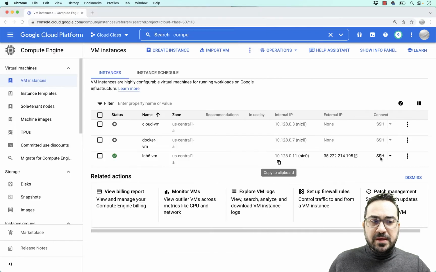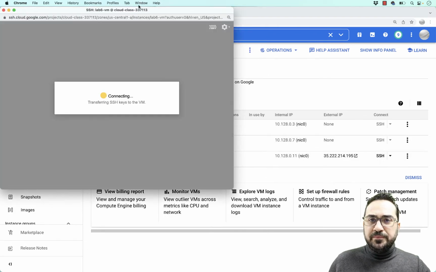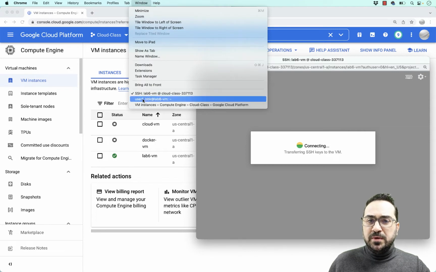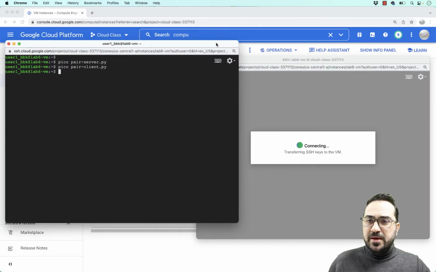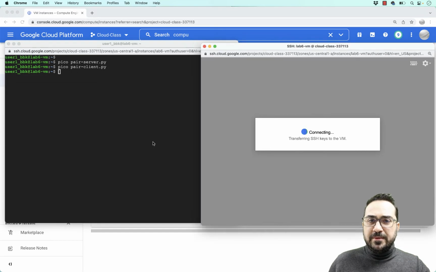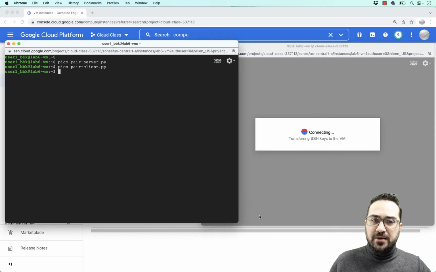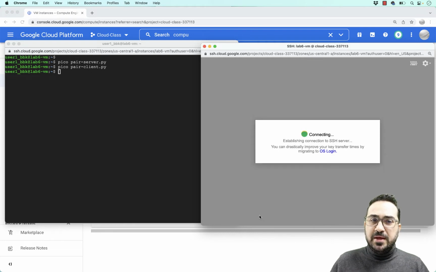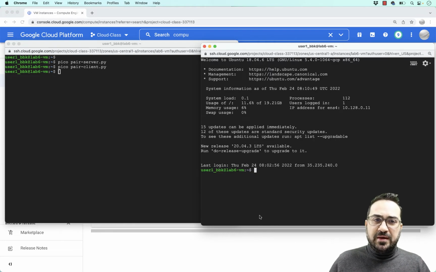So what I have to do, let me open another window here and let me put this window here. So now I have 2 SSH windows. The left window, I will run my server. On the right window, I will run my client. The client will connect and send data. Now, since we have just one VM for this example, we can run everything locally in our VM. But imagine you can have 2 VMs and they can easily communicate with each other. Right, so let's do this.